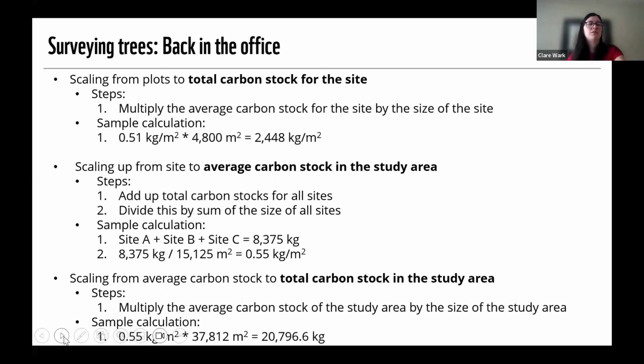So from here, you can determine the total carbon stock of your site by multiplying the average stock by the size of your site in meters. And then finally, moving on to scale up to the study area, you'll first add up the total carbon stocks for all of your sites and divide by the total size of all of your sites combined. And that will give you the average carbon stock for the study area. And then by multiplying this by the size of your study area, you'll obtain the total carbon stock estimate for